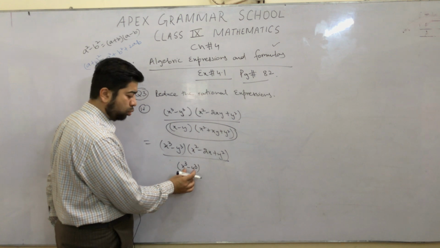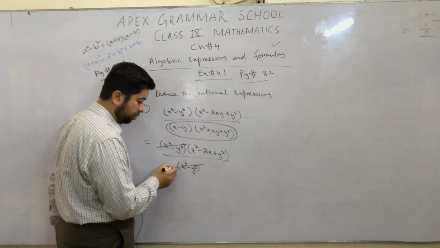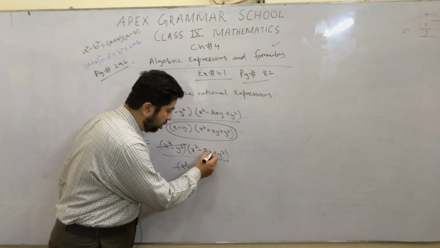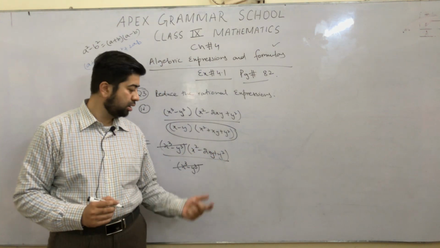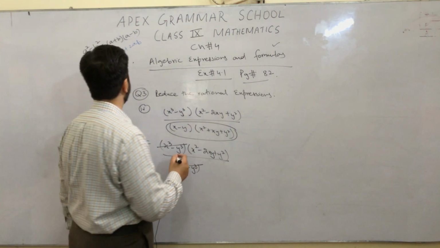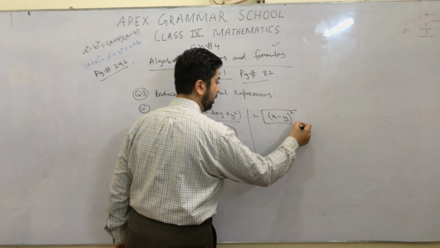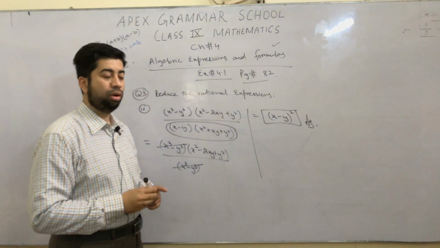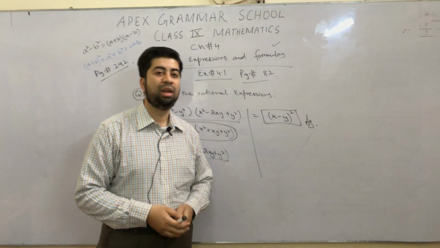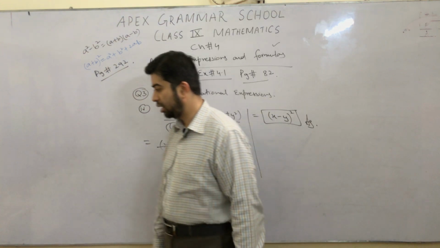If you open this one, just like this, this will be given. So x cube minus y cube cancels with x cube minus y cube. And what about this one? x square minus 2xy plus y square. This is also a formula, that is x minus y whole square. If you open this formula, x square minus 2xy plus y square, it is quite similar to a minus b whole square, that is a square plus b square minus 2ab. After that,